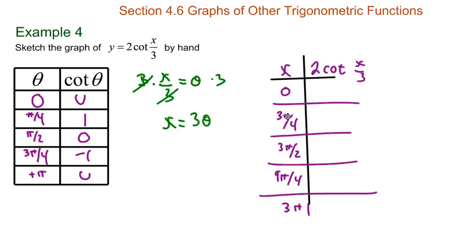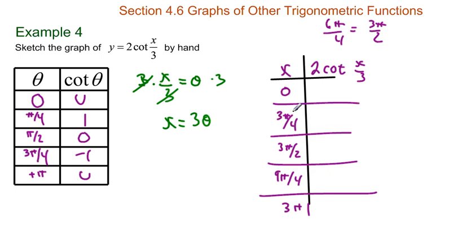Once again, the distance between 0 and 3 pi over 4 is 3 pi over 4. So this right here would have to be 3 pi over 4 plus another 3 pi over 4, which is 6 pi over 4, and that's 3 pi over 2. And see how we get 3 pi over 2? Then if I add another 3 pi over 4, I get this. So these all come from just adding a constant radian, which happens to be 3